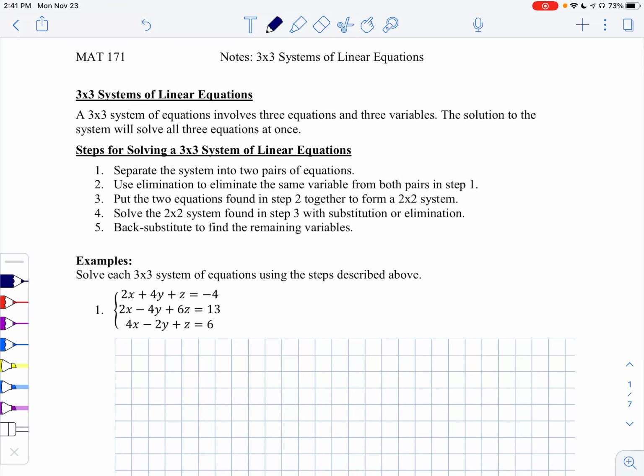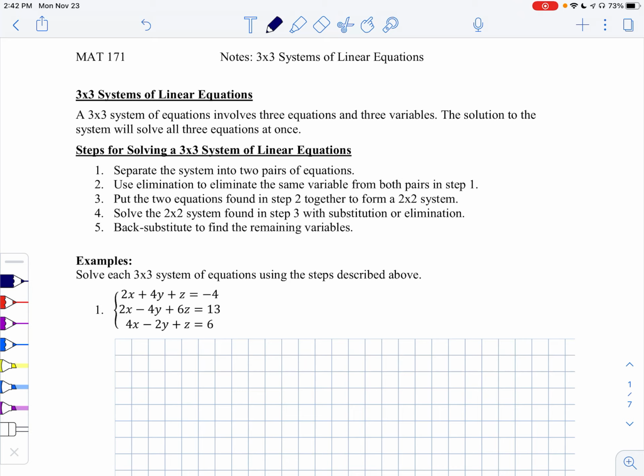Good afternoon, guys. So in this video, we're going to start looking at 3 by 3 systems of linear equations. When we're talking about a 3 by 3 system, this means we have three equations and three variables. Just like with our 2 by 2 systems, we're going to want to find a solution that solves all